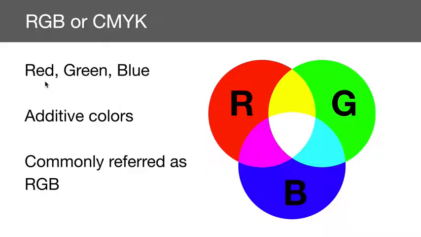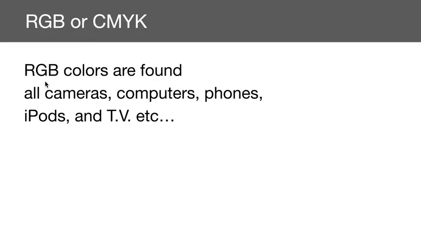So first, we're going to look at RGB, and RGB stands for red, green, and blue. These are known as what's called additive colors. It's actually a projection of colors. This is how we commonly refer to RGB, and RGB can be found in all cameras, computers, phones, iPods, TVs, laptops, the navigation system on your car, the back of the plane where you have the entertainment system, anything that has a display, a display projecting light,